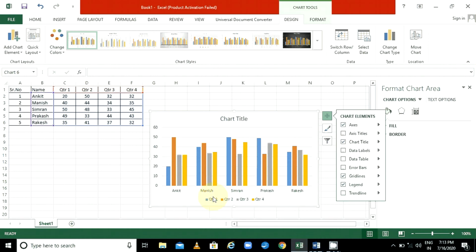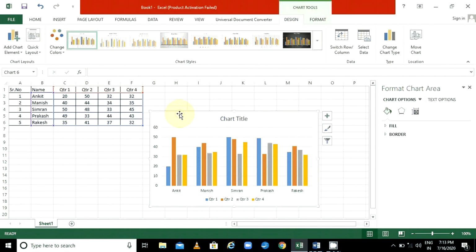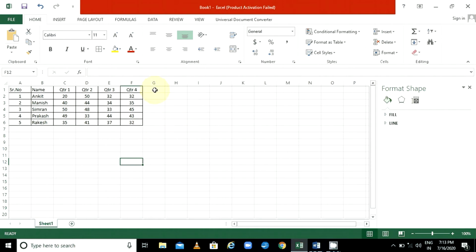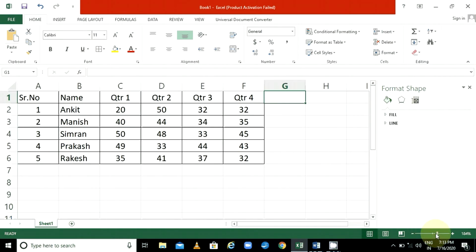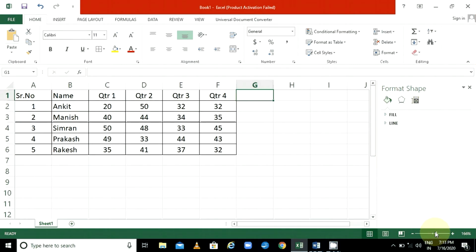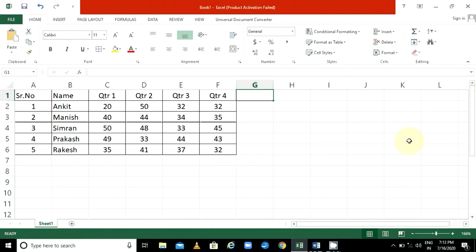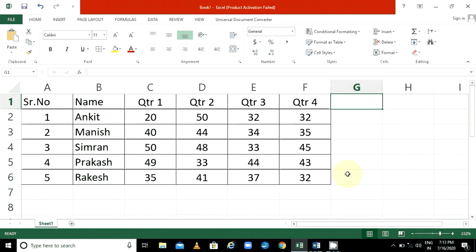So in the first chapter you learned how to edit or how to write a formula. When we start, suppose I want to use a formula here, I just put an equal to sign. Let me enlarge it so you can watch it properly. In this data you can see I have serial number, name, quarter 1, quarter 2, quarter 3, quarter 4 columns, and at last one column is there, that is total. So here if I want to use the formula, as you see in the first chapter, you can use a formula by writing the equal to sign, or you can just pick auto sum from here also.